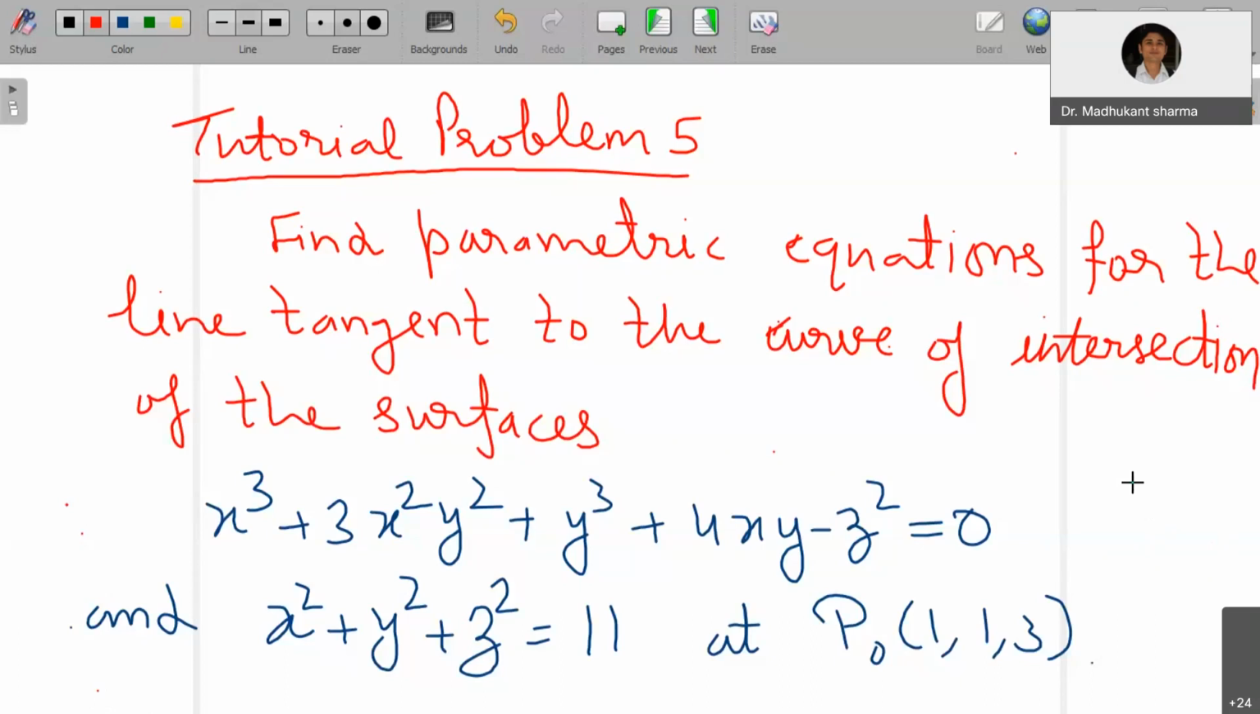I think the screen is visible to all of you, right? Yes, sir. So can someone summarize it? Say you have doubts, so you can tell better. Sir, will it be a plane or a line? Tangent plane or